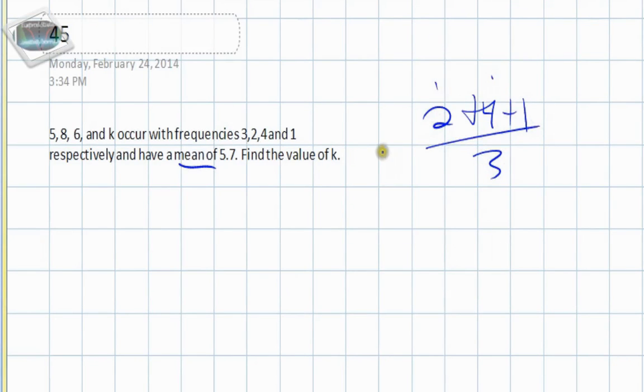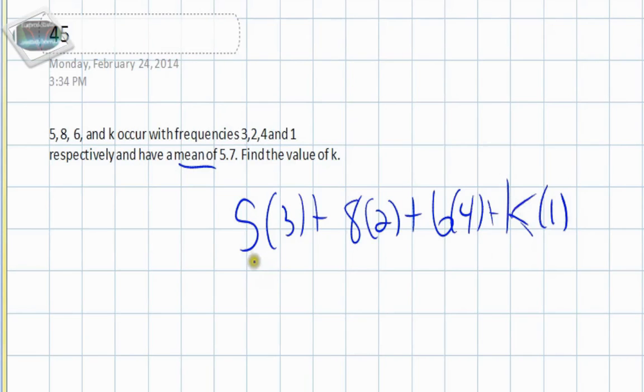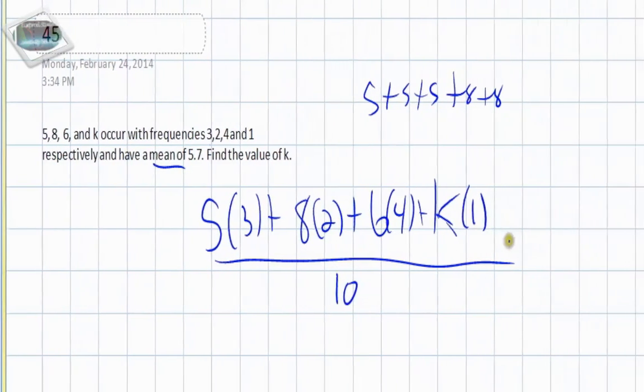numbers appeared, okay? So for this example, we have the numbers 5, 8, 6, and k, and they occur this many times. 5 occurs 3 times, 8 occurs 2 times, 6 occurs 4 times, and k occurs once, okay? So if I say 5 occurred 3 times, I mean 5 plus 5 plus 5. And 8 two times is plus 8 plus 8, and so on and so forth with the rest of these. So we count how many times a number showed up. 3 plus 2 is 5, plus 4 is 9, plus 1 is 10. So 10 numbers were there, so we're going to divide by 10,